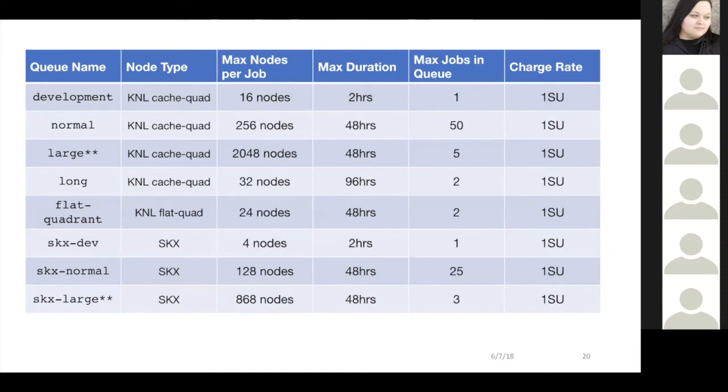In this mode, both the DDR4 RAM and the MCDRAM act in a non-uniform memory access setup. So if you see NUMA control or NUMA nodes, this is the sort of setup they're talking about. Generally speaking, you need to understand how you're manipulating memory for your code if you're going to use a flat quadrant queue.